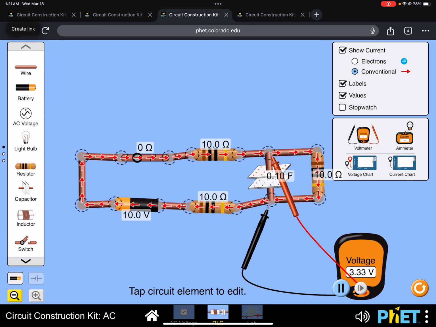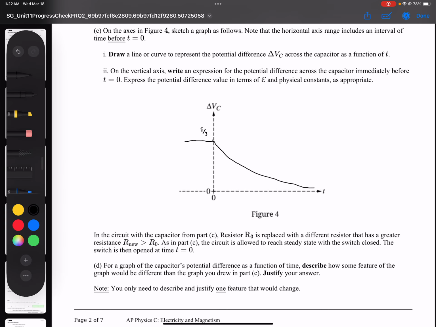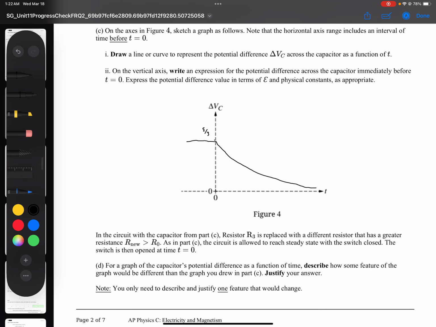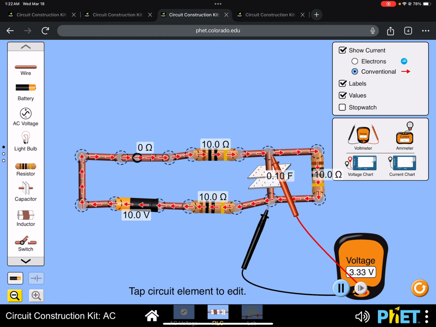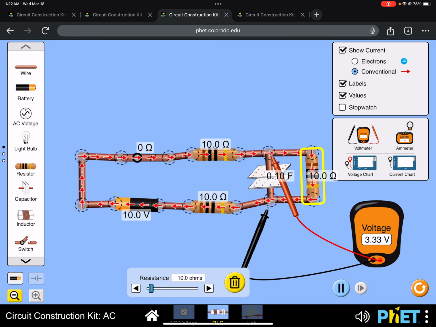All right, so now to answer part D, we're going to increase the resistance of the resistor on the right. I need to double check to make sure it reached steady state, and then describe some features. All right, so now we're using a new resistor that has a greater resistance. Okay, so we see here that the potential across the capacitor is 3.33. And if I increase this resistor, let's see what happens to the potential across the capacitor. And we see here the potential across the capacitor is increasing,